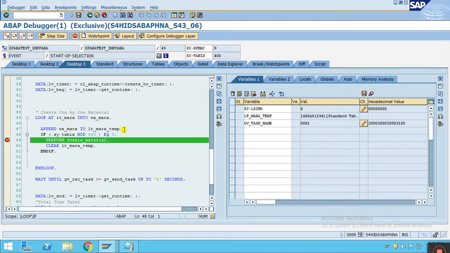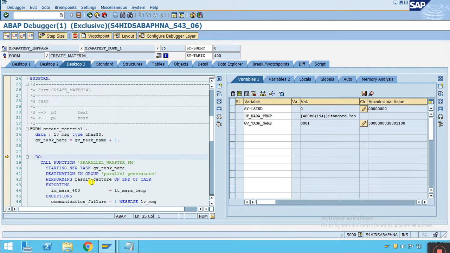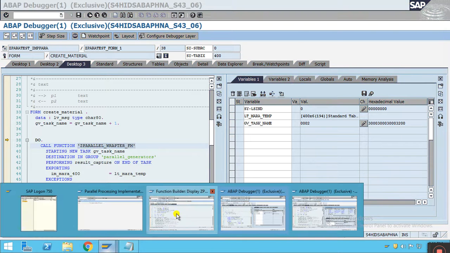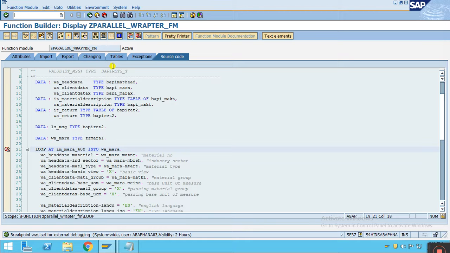Now you can see that in LT Mara temp another 400 has come, and now press F5 and you can come over here, and you can see another work process will be allocated. Another work process will be allocated. I can show you one thing over here. Just come to